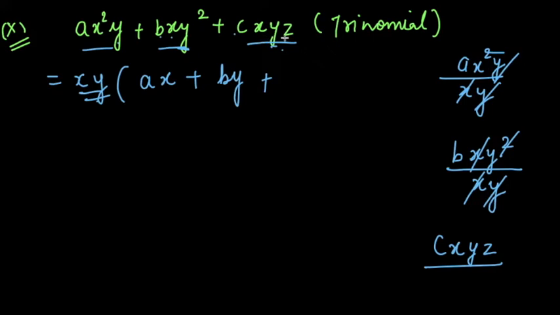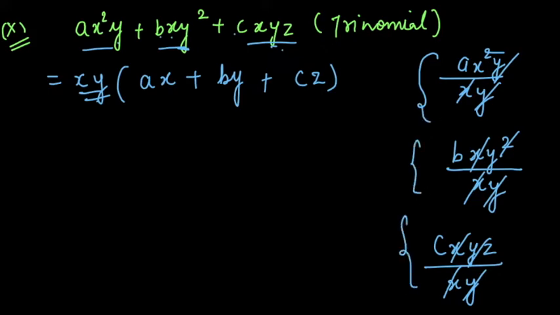The third term is cxyz. You have taken xy common. X cancelled, y cancelled. You are left with cz. So this is how, when you are taking something common, you are dividing the rest of the expression with that term. So this was your question number 2 of this exercise. Now I will be explaining question number 3